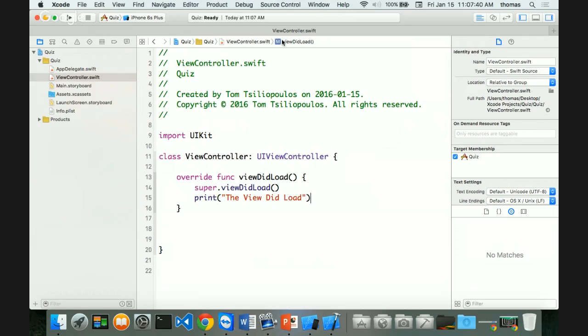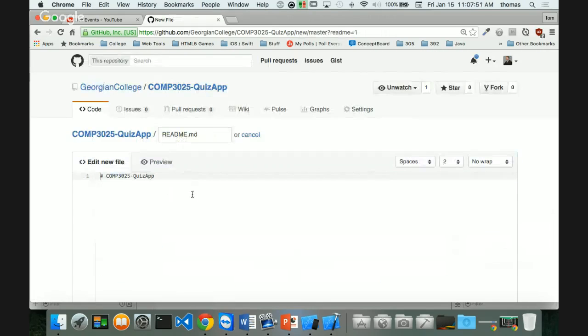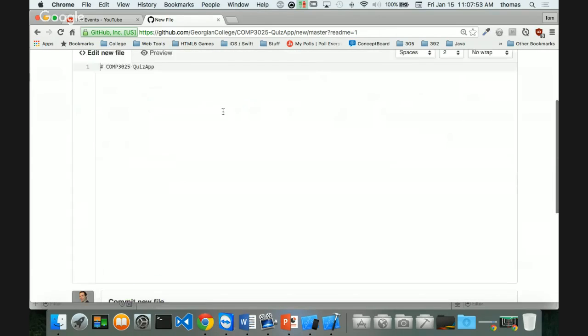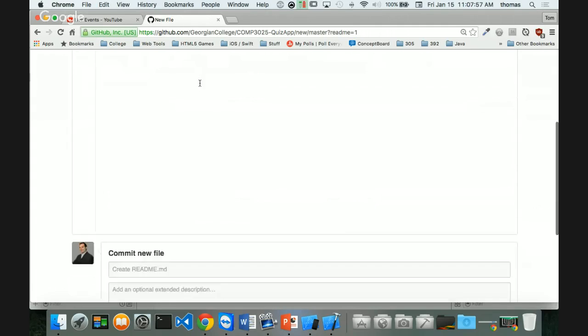Okay, so cool, we've done that. Now you know how to do version control. What about a pull? We can do pulls too. So let's go up on GitHub for one second and just make a README file. I'm going to accept the default README file that's here,